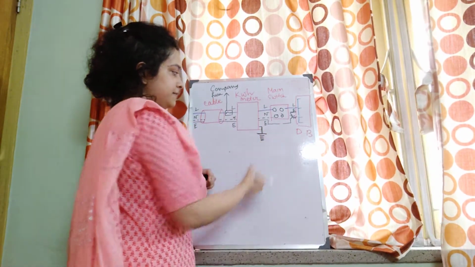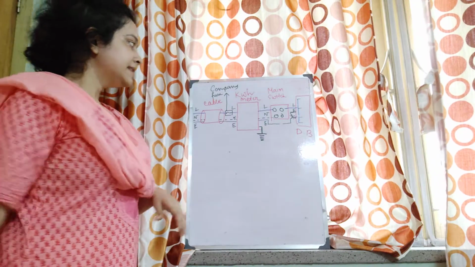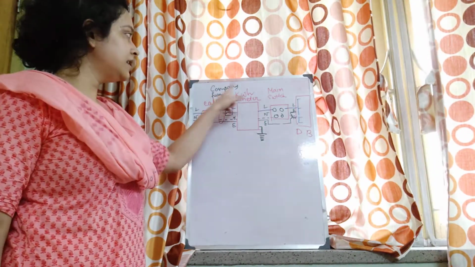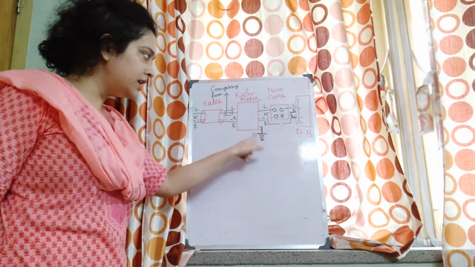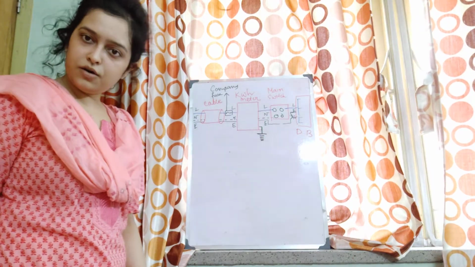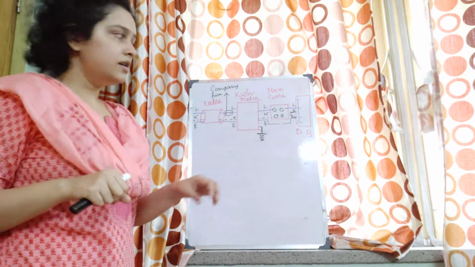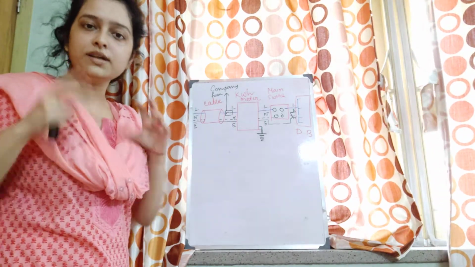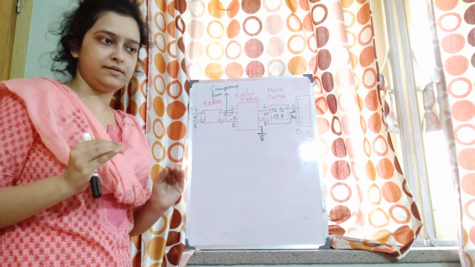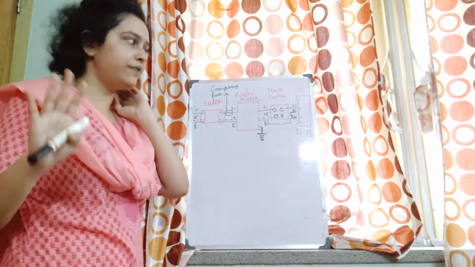Now the kilowatt hour meter, what is this? This means that the kilowatt hour meter is locally earthed. That means in the compound of the house, the earthing is done. How is this earthing done and what is the purpose of earthing? We'll do that also individually. One by one, we'll do everything.